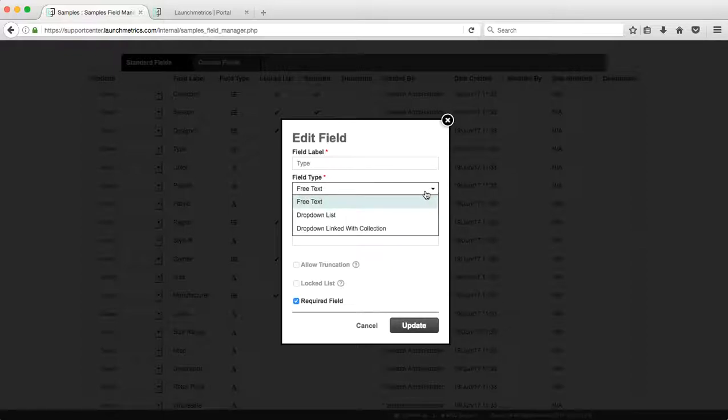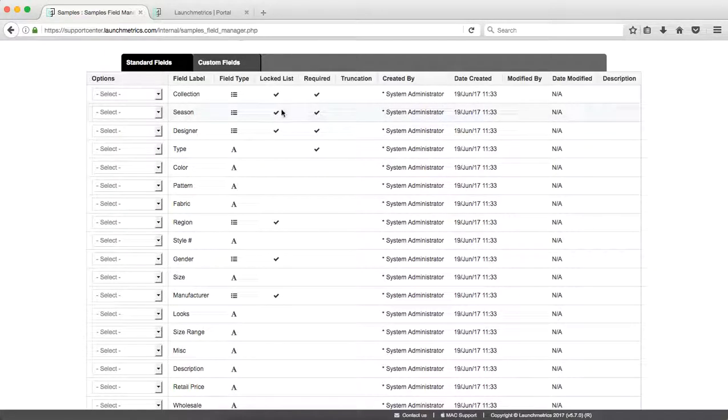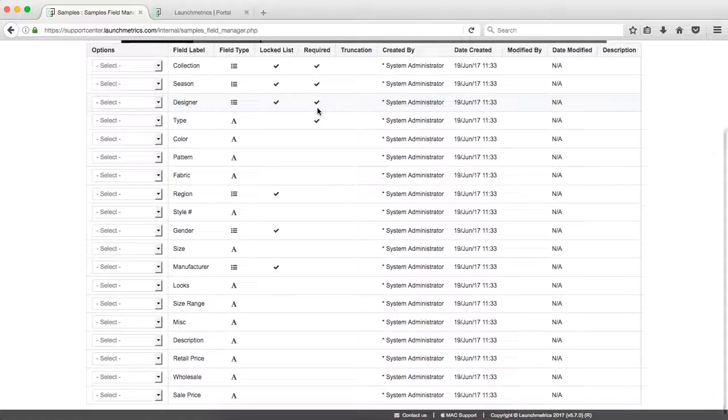So do I want type, for example, to be either a free text where no matter what values I import into the system, it's going to be there, a drop-down list, so do I want each of the values for type to be a drop-down list that I can select from, or a drop-down list linked with a collection. So this would be setting up your system where some collections for your samples have specific types that other collections might not have. So you have full flexibility in how you want your fields to behave by either locking lists, making things required. If you'd like more information on that, please feel free to reach out to our support team